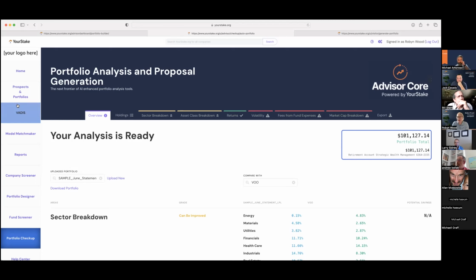And as we said before, the general idea behind this tool is it doesn't have to be for values alignment only. It can be for any client, any prospect that you get a portfolio statement from. You can upload that statement, and I've sort of taken the easy way out and uploaded this before the meeting started. But what we provide after you've uploaded a PDF statement is you can download the